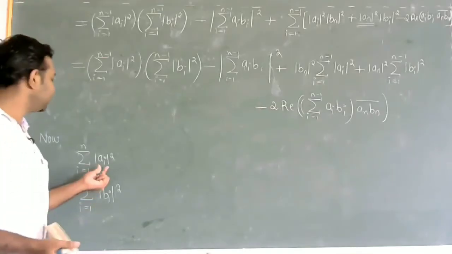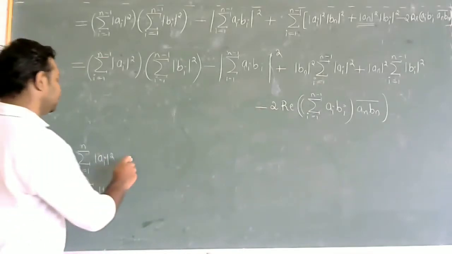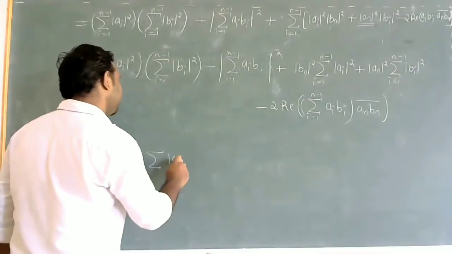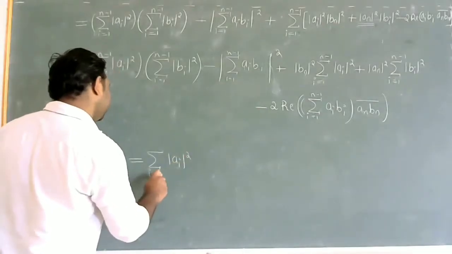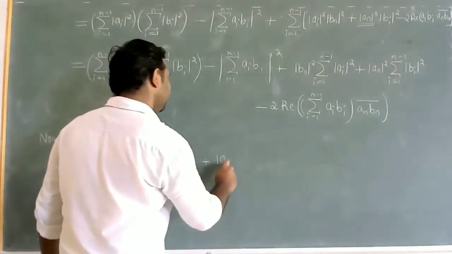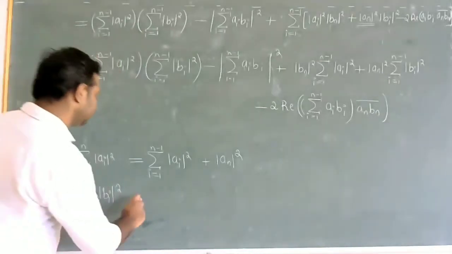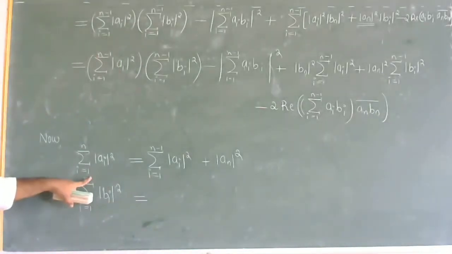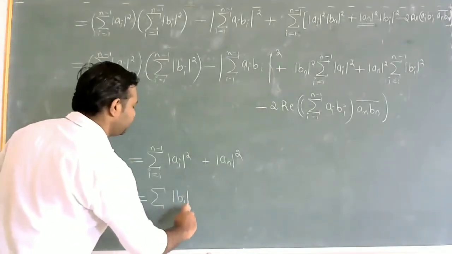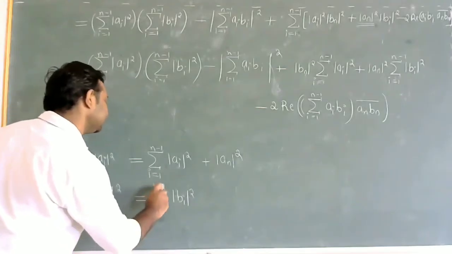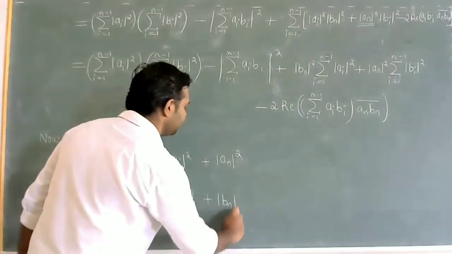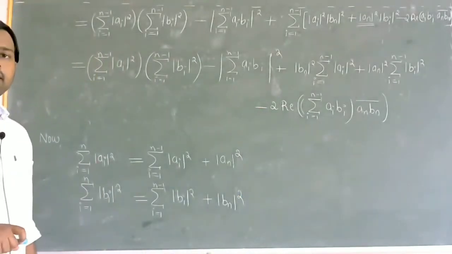So once again do the same thing, express this in terms of n minus 1. So this is from 1 to n, so summation modulus of ai whole square, i running from 1 to n minus 1. So I have left the last term, that is modulus of an whole square. Similarly, this summation contains 1 to n terms. N terms are there. So I'll write the first n minus 1 terms as it is. I take the nth term outside the summation. Nth term is modulus of bn whole square.